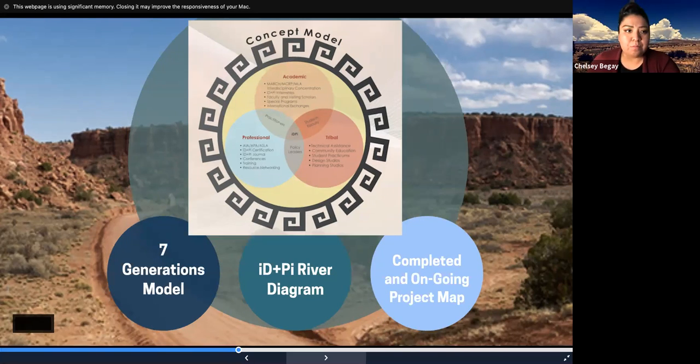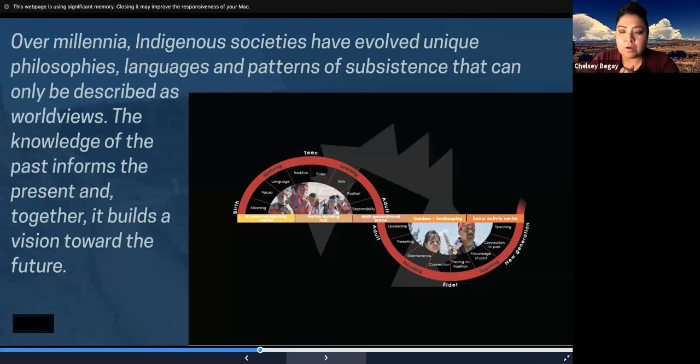So we talk about our work in a sort of 7 generations model, where you see yourself in one of these areas, whether you've just been born, or you're a teenager, or you're an adult, or you're an elder.